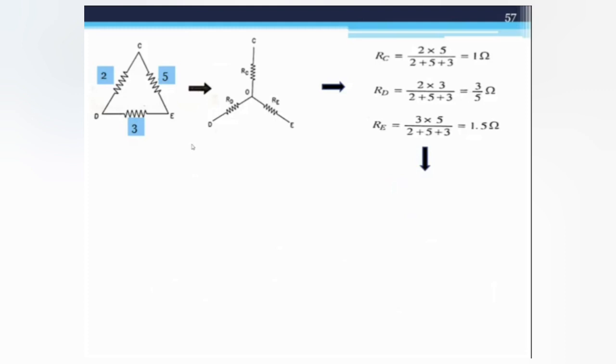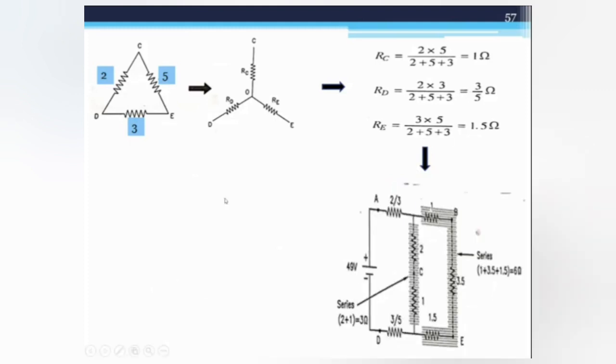Now we replace these two deltas in our circuit with the star form. So our circuit becomes like this one. This is your A, B and C star and this is your D, C and E star, right? So it is RA, RB and RC. This is RC, RD and RE. So by replacing those two deltas with stars, right, these three resistors, 1 ohm, 3.5 ohm and 1.5 ohm are connected in series. Similarly, these two are in series. Right, so the equivalent of that is 6 and this one is 3.